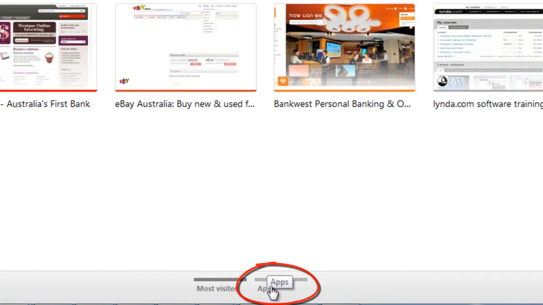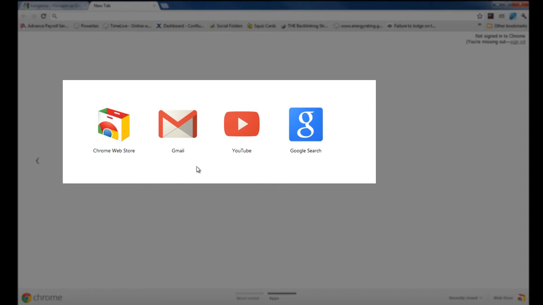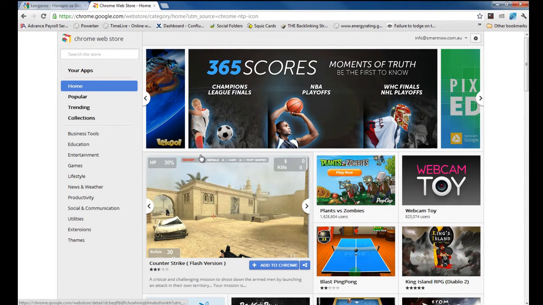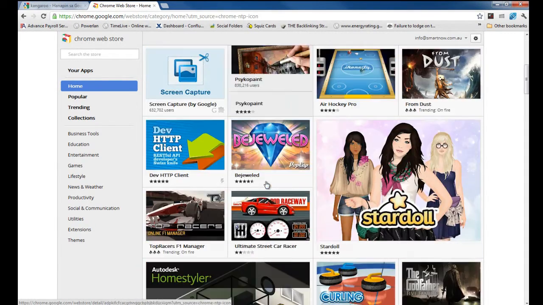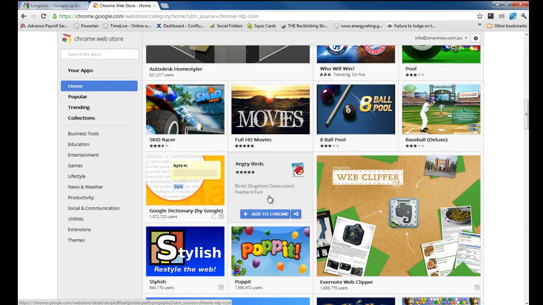little apps area. The browser supports apps running in it, so if I click on the Chrome Web Store, it gives me access to a whole load of free apps that you can use and allows your browser to become even more powerful. Now a lot of them are games down here, and they're just fun games that are available in your browser. So for example, you may be very familiar with Angry Birds. So if I add that to Chrome,